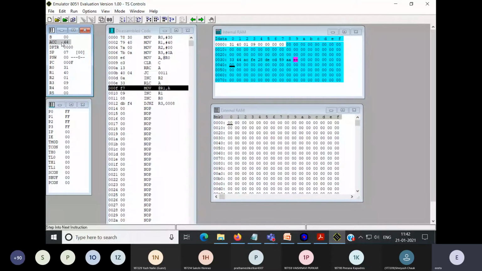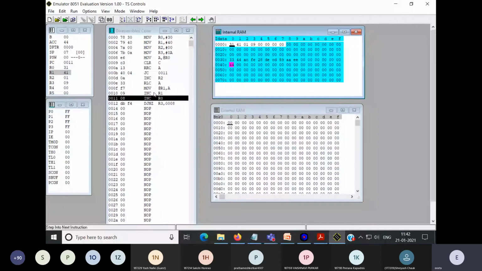Now you have to store this 44 at @R1. R1 means 40H. So it will store your original number. See, the even number comes at 40H. Now as the second task is complete, go to the third number, increment R1. Correct? This increment R1 we have to do to store the next number if we find any. So the pointer R1 we have to increment by 1, and then we have to increment R0 to point to the next number. So 32.